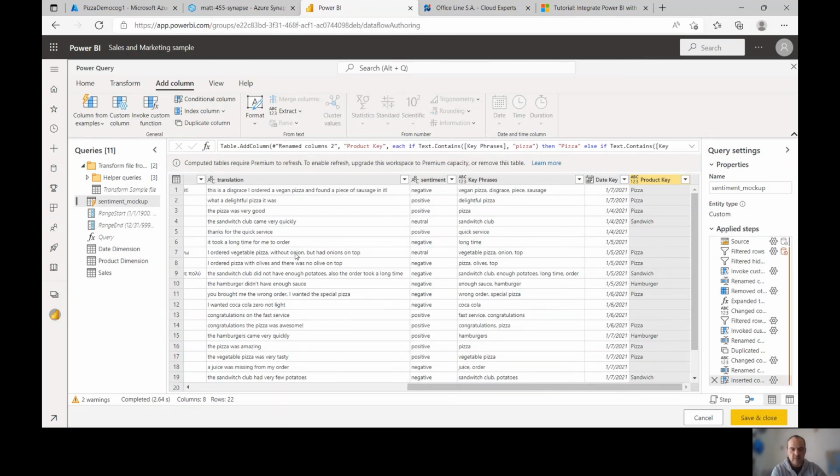And the last thing I want to do in this dataset is to create the sentiment score, which is also a conditional column defined by the sentiment value.